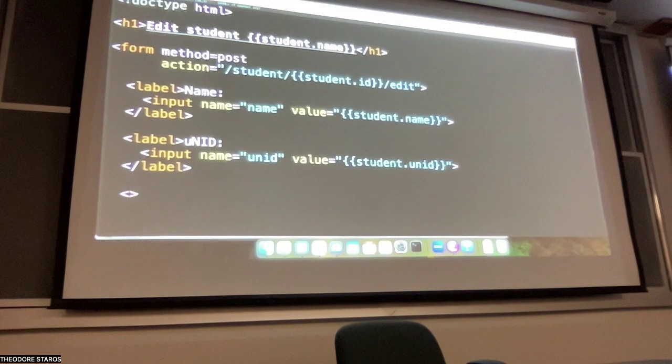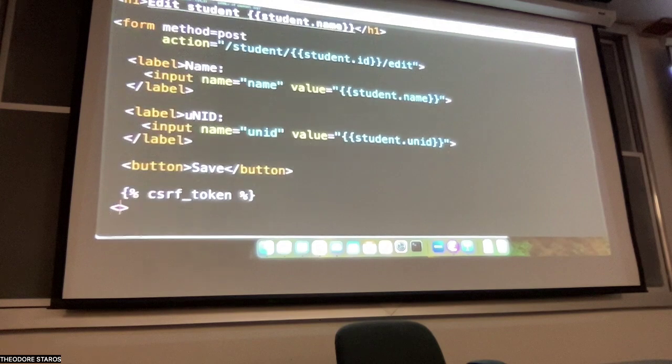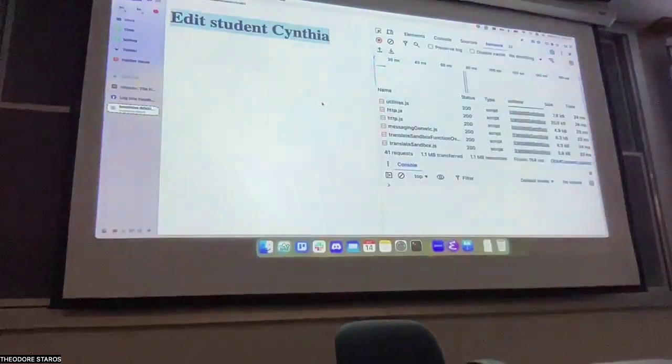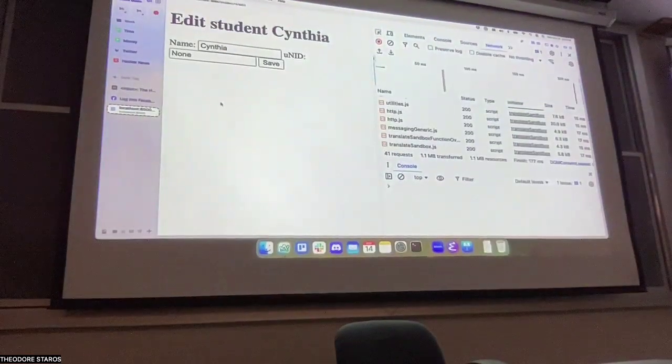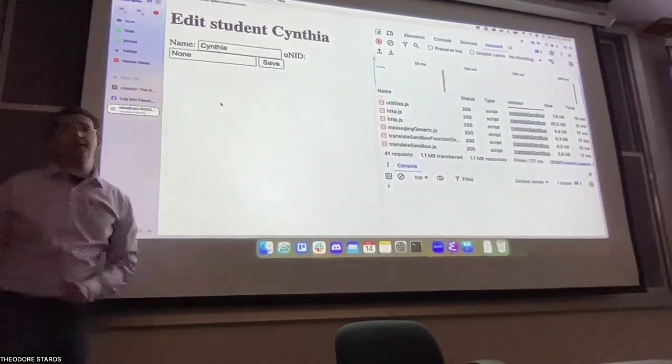And at the bottom of the form, we're going to need a button. And I'm going to think ahead, and we have to do this weird thing that Django requires you to do. Again, it can go literally anywhere in the book. Okay, so now we've added a form, and you can see it actually pops up right here with name and